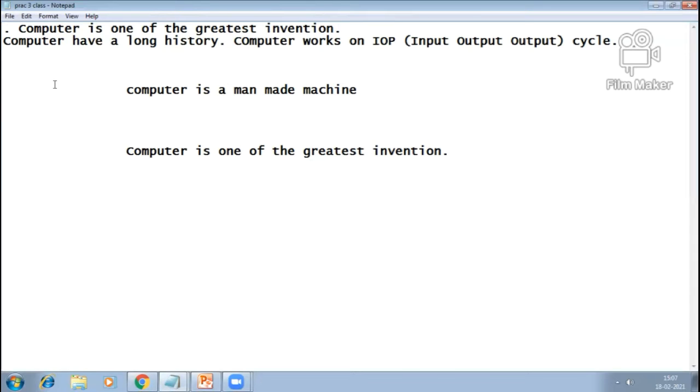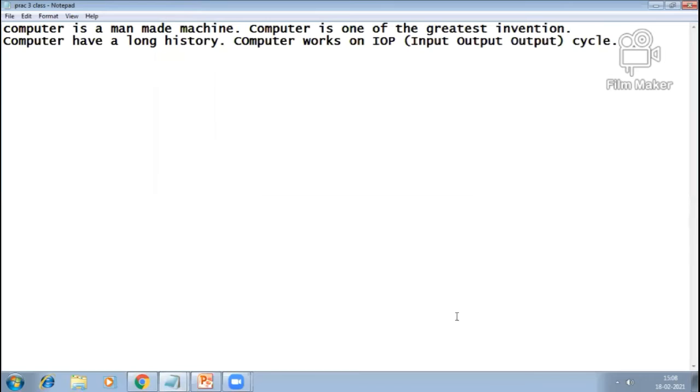In this class, we will learn how we can find and replace a particular text. So let's start today's class. These two lines are here. You can see that the particular word computer is written many times, and I want to search this word computer in the whole lines. So first we have to find the particular word computer and then we can replace it with another word. First we have to search the particular word in the text. Your text can be one page, one paragraph, or more than one or two pages.